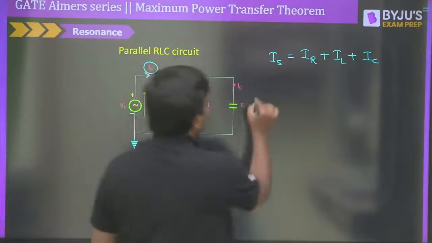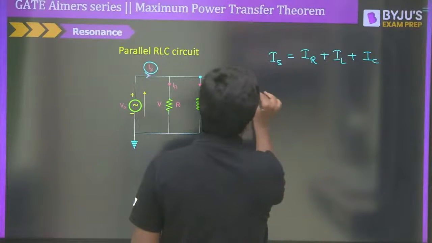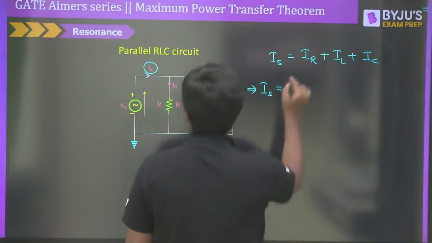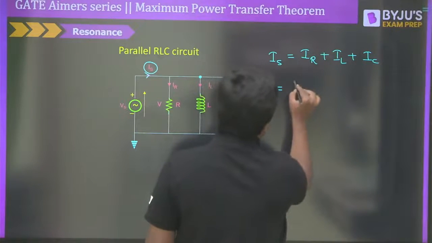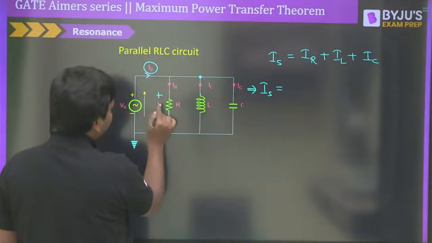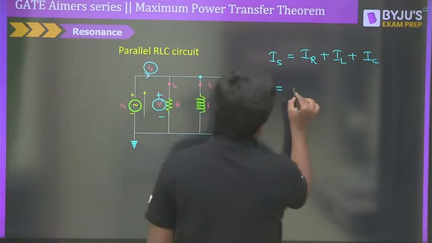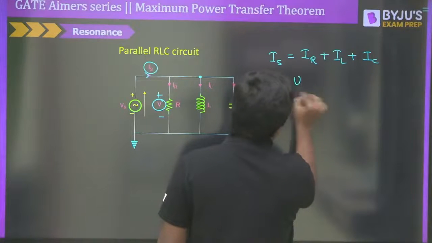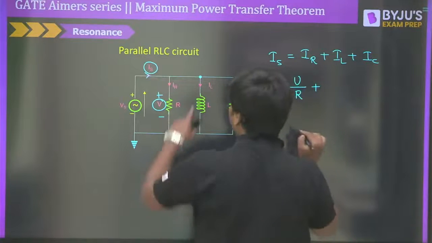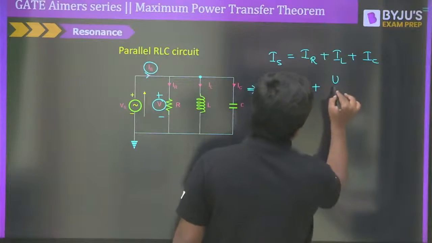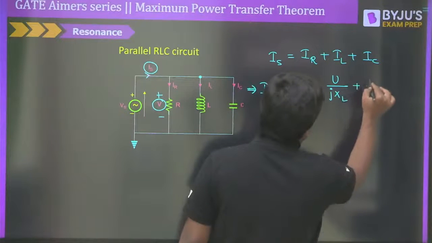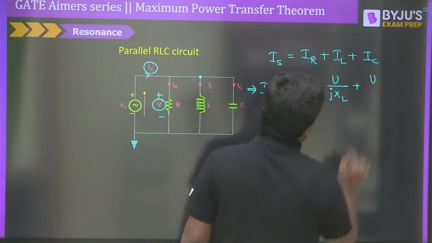So how do we go ahead again? We can go ahead like this. IS, the total source current, would be equal to IR, and how can I write IR? See, the voltage drop across the resistor is V, correct? So I could write this as V divided by R, that is the first thing. And then IL will be V divided by J into XL here. And IC will be V divided by